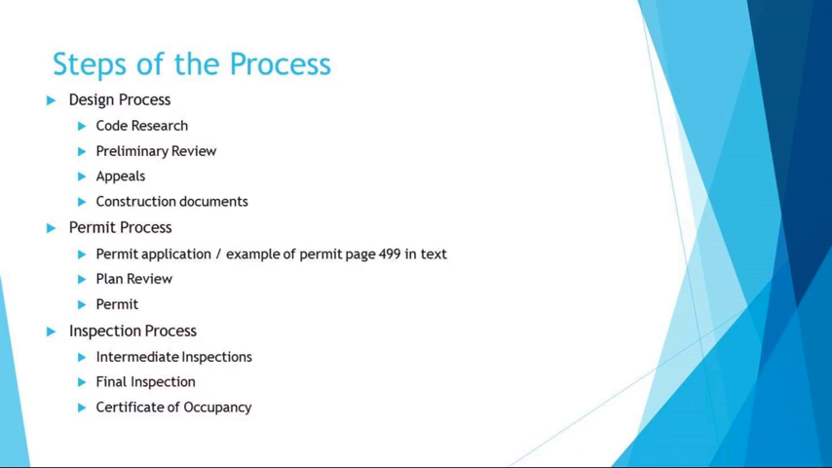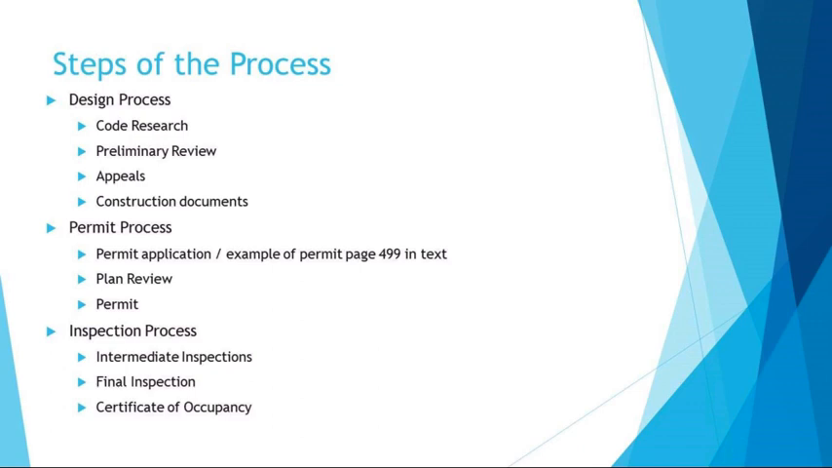So the code process does not stop with the issuance of a permit. During the construction of a project, a code official must make several inspections on the job site. This is done to guarantee that the work matches what is in the construction documents, and that the work continues to comply with the codes. Inspections must be made at certain intervals during the construction, usually before the work is concealed or covered up, like before they pour the slab,